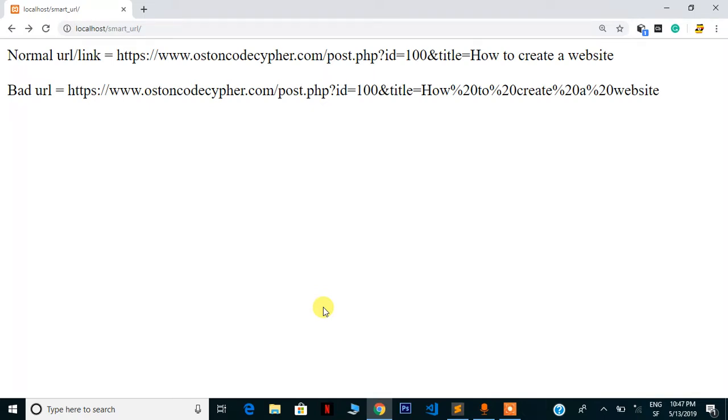In this simple tutorial, I'm going to be showing you how you can create some smart URLs on your website. So let's say I took this as a link. Let's say you have a link and you're just outputting these parameters, the ID and the title. So remember, when you echo out the title, it will come the way you posted it in the database. So it will be having these spaces, the ones you're seeing here, how to space, create space, a create, stuff